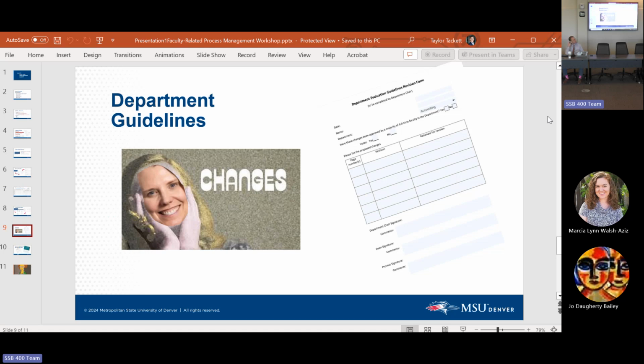Also, in the faculty employment handbook, it says that the deans are supposed to get the department heads of their college together to review all of the department guideline changes each year. I don't know if that is your practice in your colleges, but that is supposed to happen as per faculty employment handbook guidelines. So that needs to happen, of course, before March 1st, before the provost gets that.